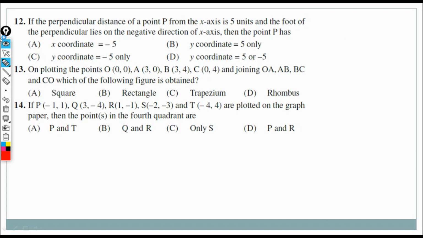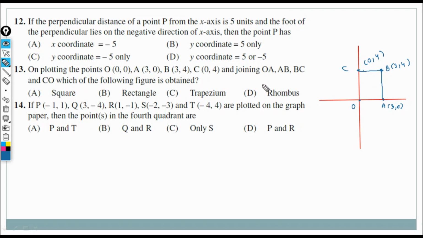On plotting the points, if we plot these points, this is O, 0, 0. Then A is 3 comma 0. Suppose here A is 3 comma 0. Then B is 3 comma 4. Suppose this is 4 here. So 3 comma 4 here, B point. C point is 0 comma 4. And if we join these points here,